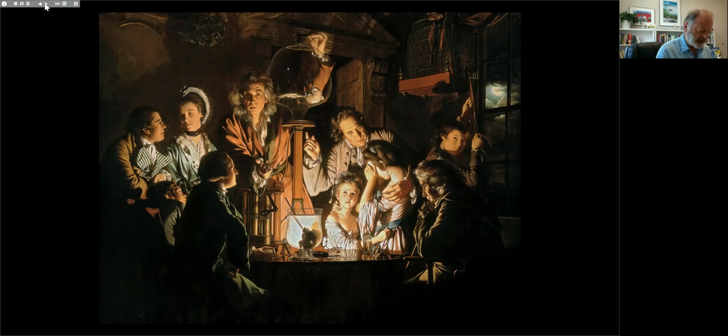I don't recall the date, but it's about the same. That is about 1760. So the experimenter here is a long-haired figure wearing a house coat who is seen at the center of the painting. And the experiment simply involves pumping the air out of a glass orb in which this bird is located. That will create a vacuum, and without air to breathe, the bird will expire.